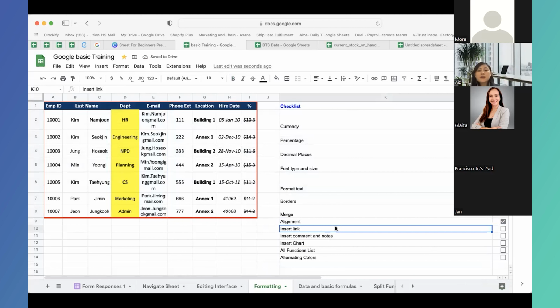Okay, you can also insert a link. So kunyari magpe-present tayo sa management and then ayoko nang during the meeting i-open ko pa siya isa-isa. Maraming links yan. Data 1, 2, 3. So gagawin ko, ika-copy ko na dito yung link. Tapos pag-click ko sa kanya, ide-diretso niya ako doon. So for example,